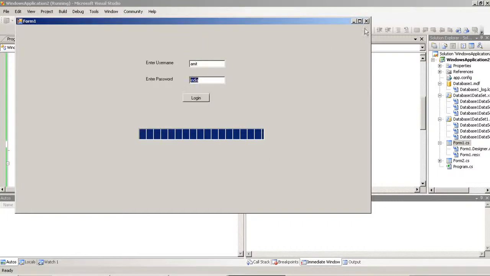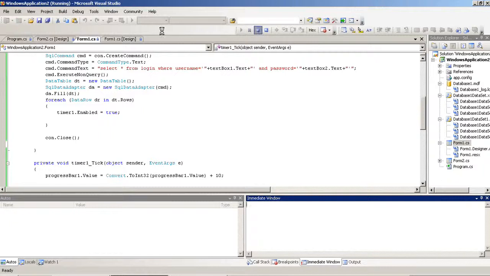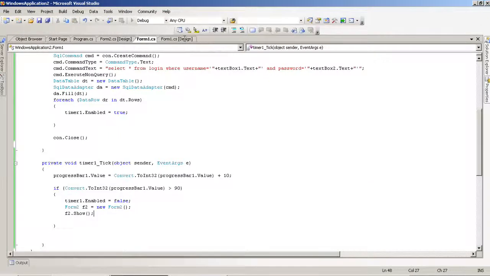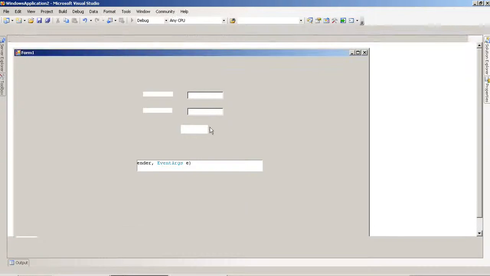Currently we can see the password, so we have to stop displaying that password.